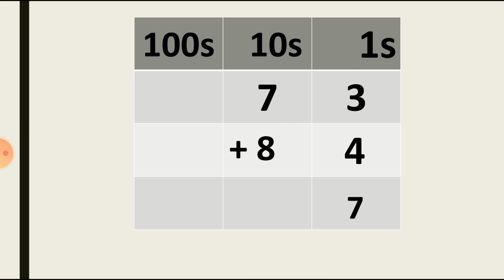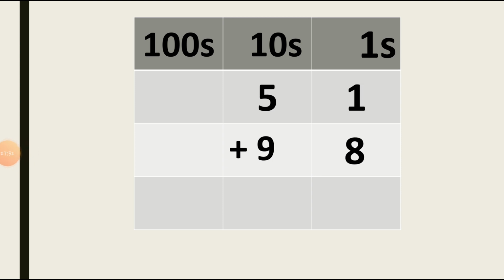Let's move to the tens column now. Here is the tens column, which is 7 plus 8. So how much is it? 7 plus 8 is equal to 15. So we can write number 5 under the tens column, and number 1 will move to the hundreds column as a carry forwarded number, and we can write down this 1 this way. So the answer is 157. Hope you understood this and there is no doubt regarding this, students.